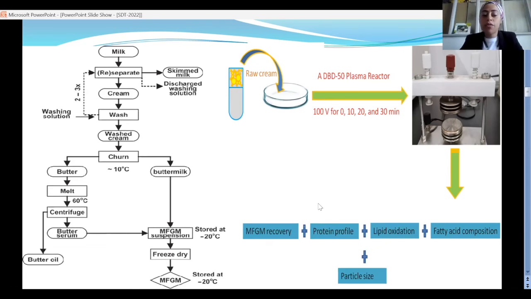A volume of 5 milliliters of cream sample was pipetted to a polystyrene petri dish with 5 mm inner diameter. Throughout the treatment, the temperature inside the reactor was monitored using an infrared thermometer and didn't exceed 55 degrees. The samples were in a liquid state and the dishes were stable during the treatment, so the plates were moved manually to ensure efficient reaction. So now I will start